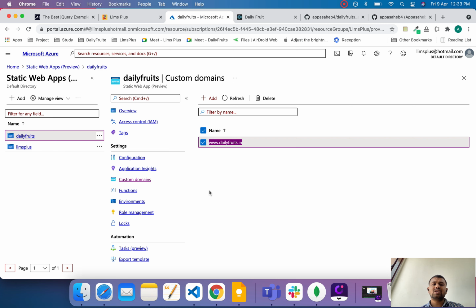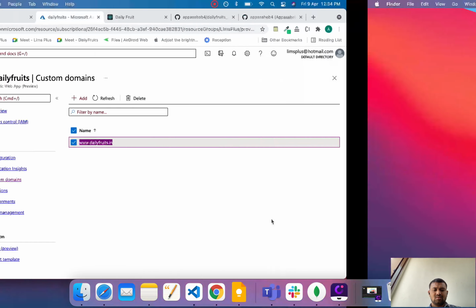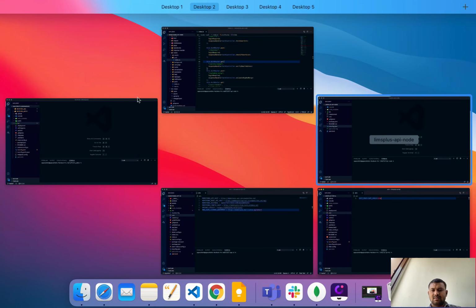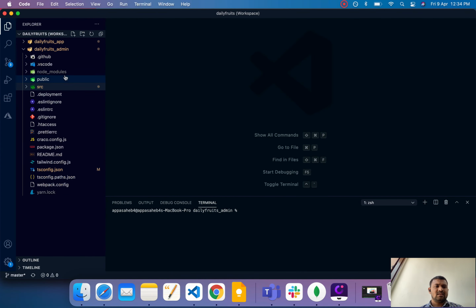This is the Azure account. Now I will show your code side. Yeah, this is my code. First initialize Git, then add the remote GitHub account, and all the code is pushed to your remote GitHub account.